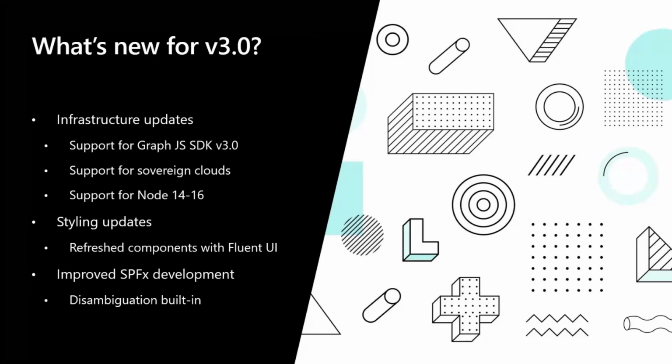We're also improving a lot of the SharePoint Framework development. One of the key pieces of feedback we got from the community on the MGT plus SPFX story was that it worked amazingly well when you were the only web part on a page using the Graph Toolkit. In the majority of cases, that was the case, right? Now, the beauty is you don't have to think about this. We have disambiguation. That's a feature. I'm going to talk about that.